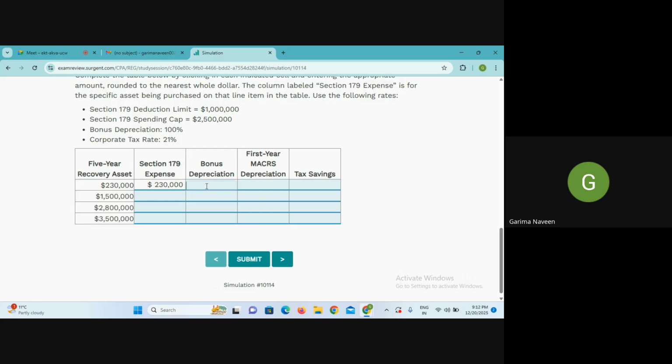ये चीज समझ में आई आपको? बाकी के लिए 0 0 रह जाएगा. ये समझ में आया आपको? Yes, ma'am. ठीक है, जो सबसे पहले है आप उसका कर दो. अब उसके बाद